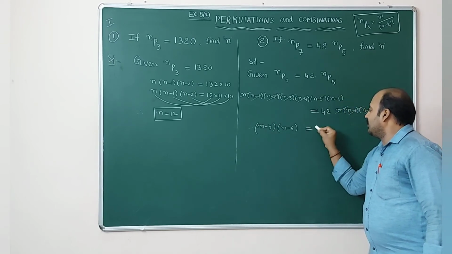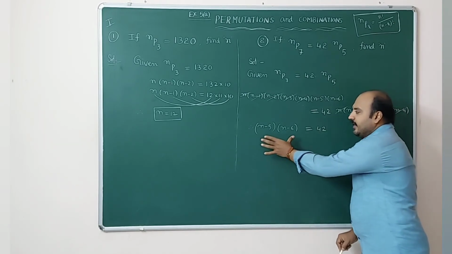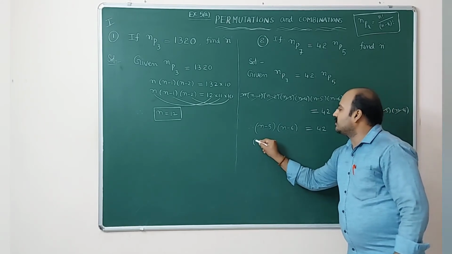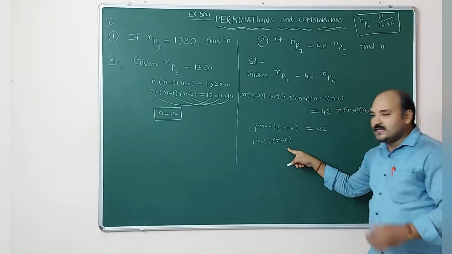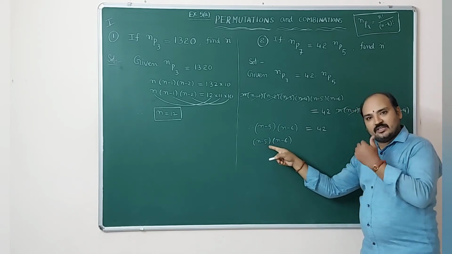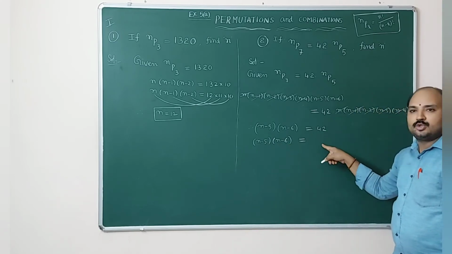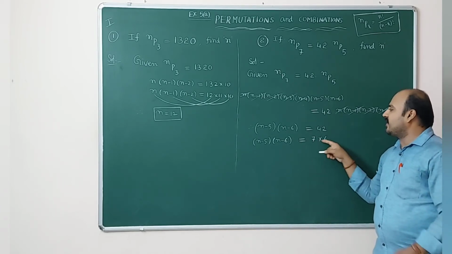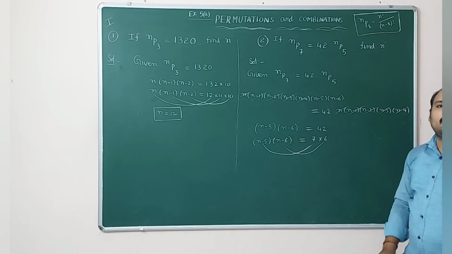Even the 42 is there. If you want, you can make a quadratic equation and get the values of n. Otherwise, n minus 5 into n minus 6: by observing the LHS, the order is decreasing, n minus 5, then n minus 5 minus 1, n minus 6. So it is a product in decreasing order. Here also I can write 7 into 6, since 7 sixes are 42, and 7 and 6 are in decreasing order. Either equating these two or these two, you will get the value of n.